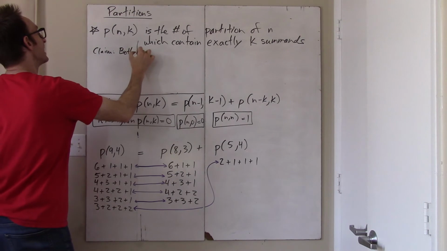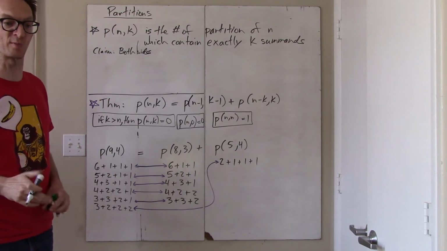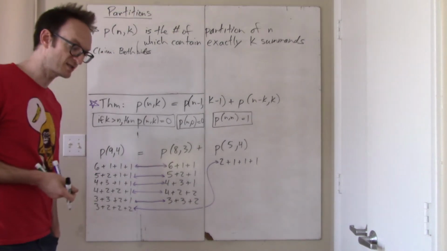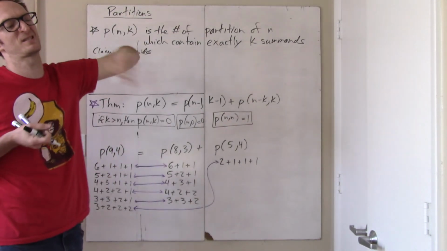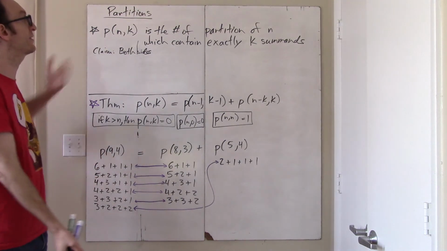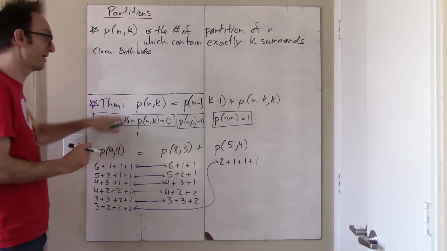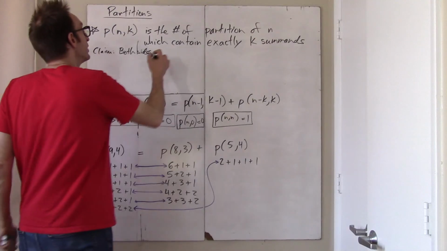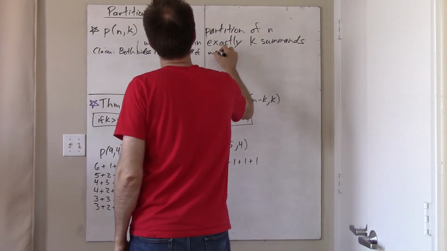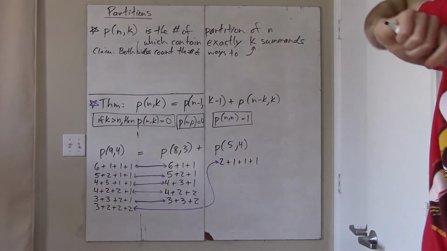both sides count, and notice that you only have access this time to a combinatorial proof. You can't do this quote-unquote algebraically, whatever that means, which some of you were perhaps tempted to do in the previous unit, by just sticking all kinds of disgusting giant algebra into your formulas and just cranking them out and showing them the same. Here there is no algebra because fundamentally this is a combinatorial object, so only a combinatorial proof is possible here of this recursive rule. Okay, claim both sides count the number of ways